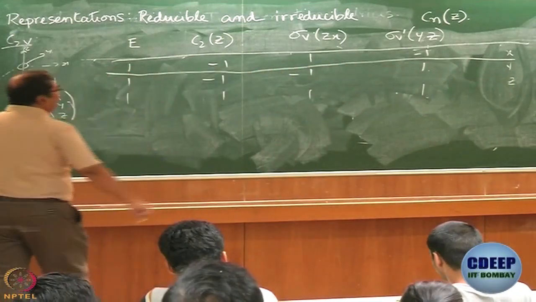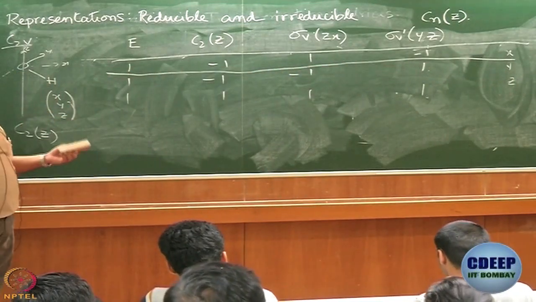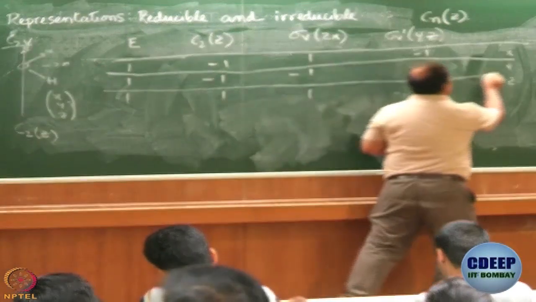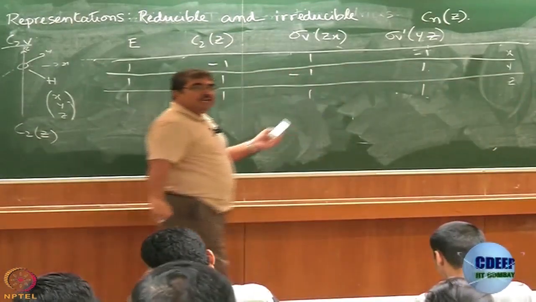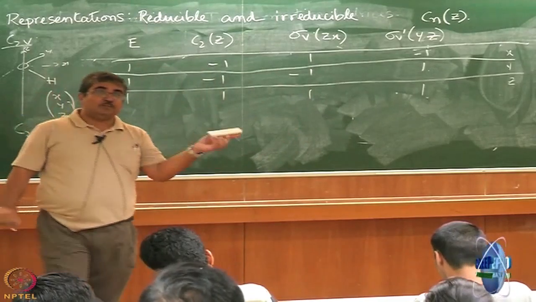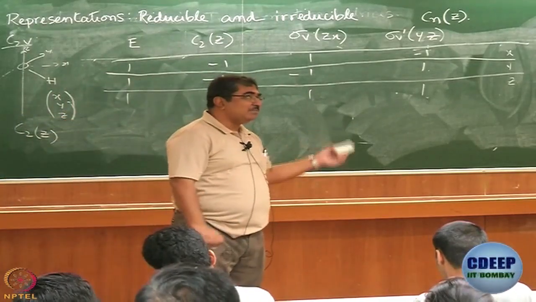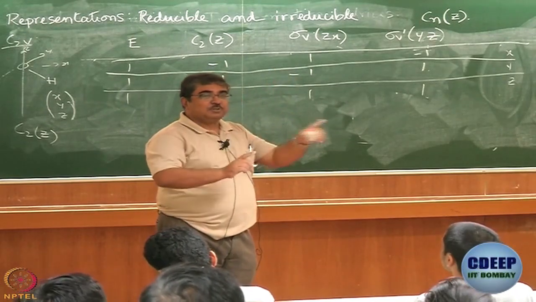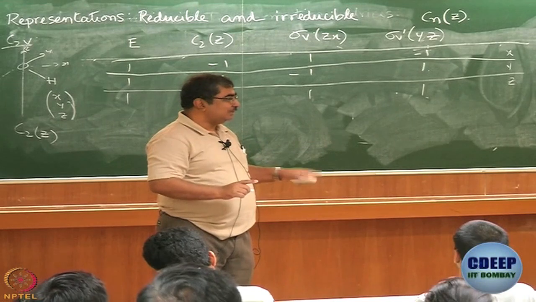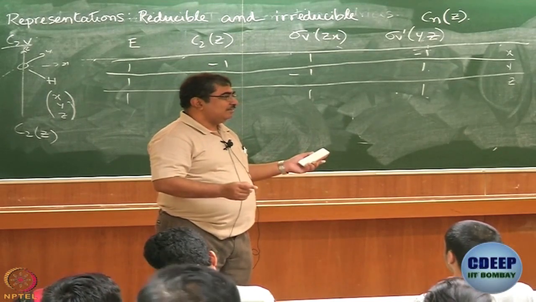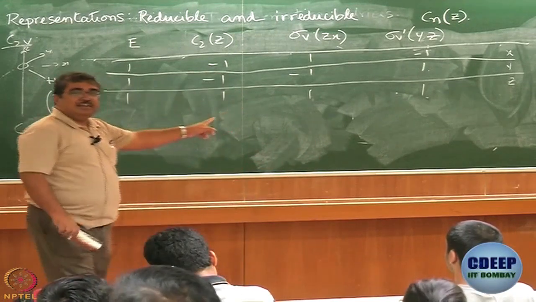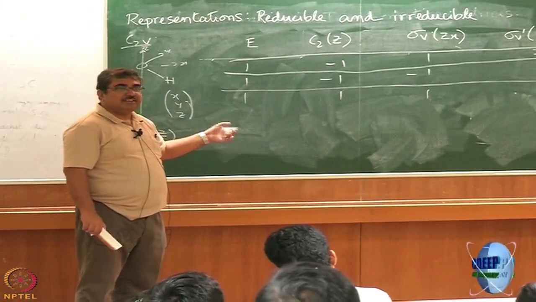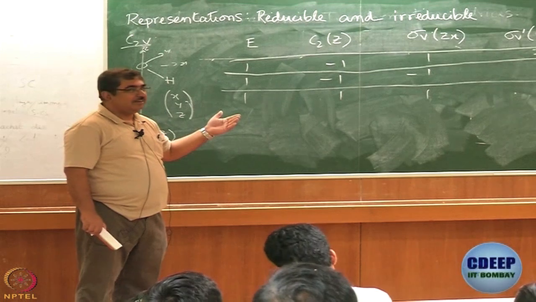So, now see. This 1, minus 1, 1, minus 1 is the representation for x, 1, minus 1, minus 1, 1 is the representation for y, and 1, 1, 1, 1 is the representation for z. Those of you who have worked with character tables would perhaps recognize that this looks exactly like those rows in the character table. Actually, we have arrived there. So, there is one of these representations which is special, and that is the one with z. All characters are 1.